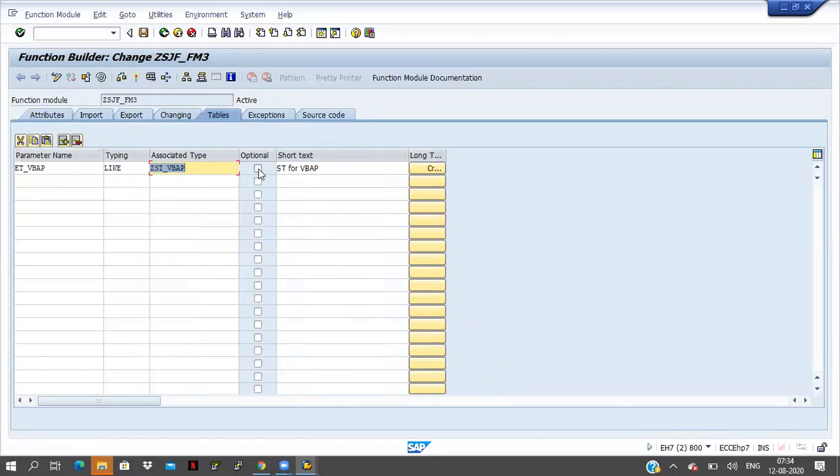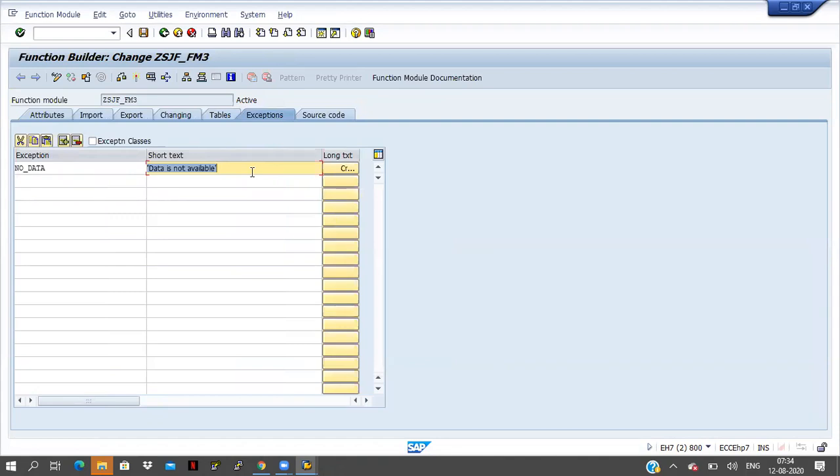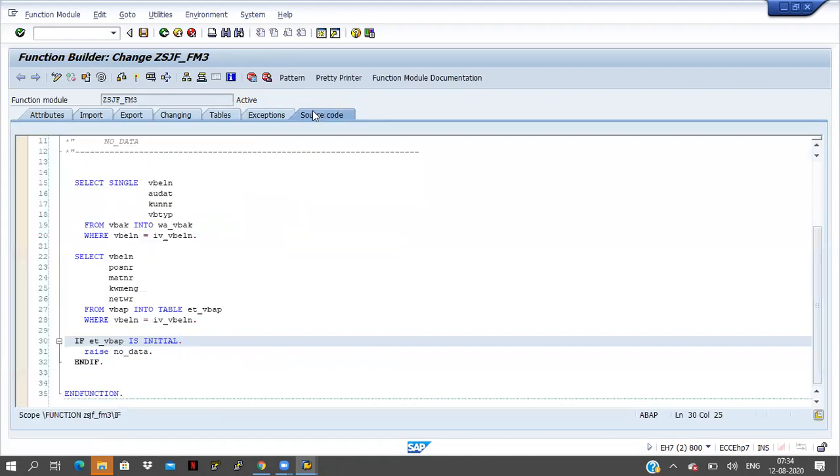If you select this one, then tables, whether importing or exporting, are both optional. In exceptions, there is no checkbox, but by default the exceptions will be optional only, not a mandatory thing. So this is the optional and mandatory thing here.